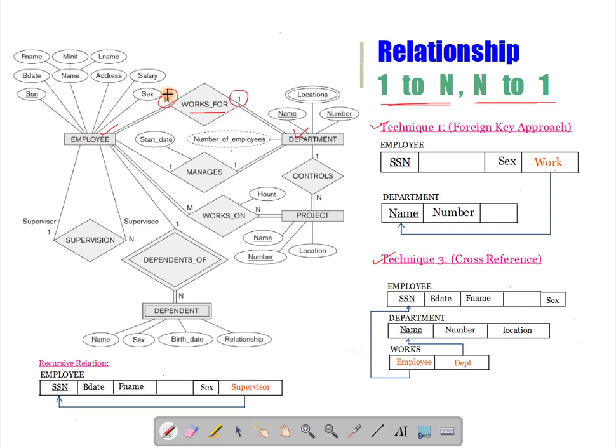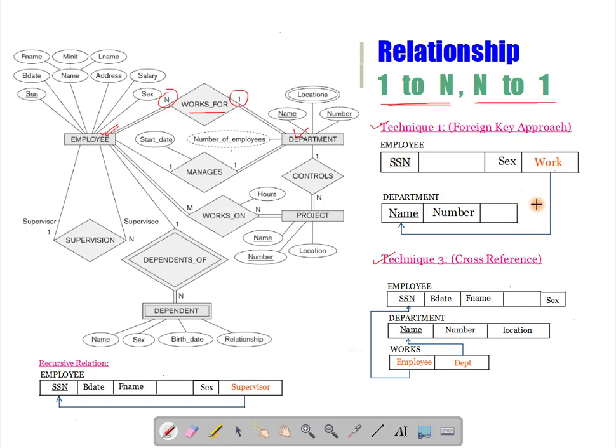So the foreign key should be added to the employee relation, not the department relation, because an employee will work for a single department. So you can add a department ID or department name, attaching a single department to a single employee.